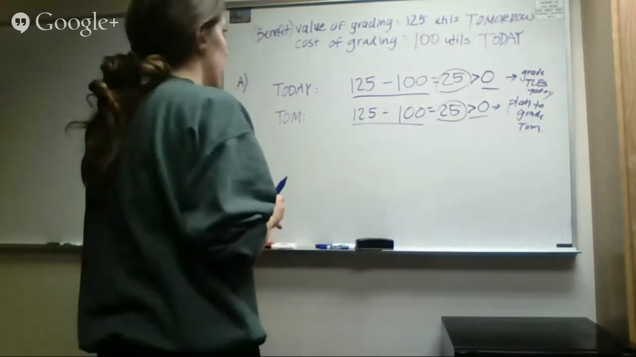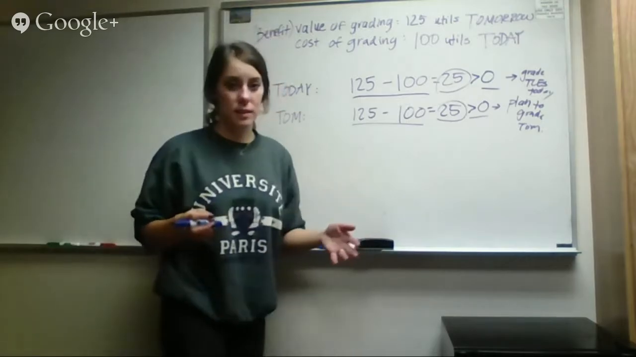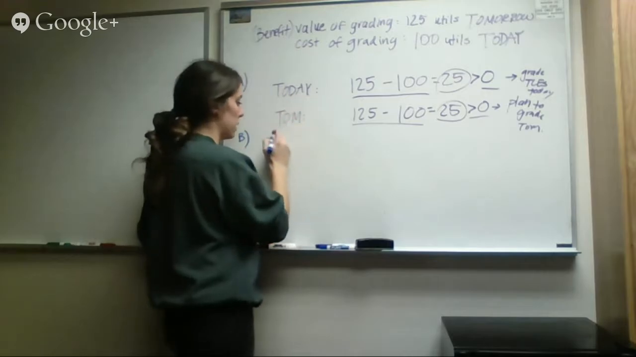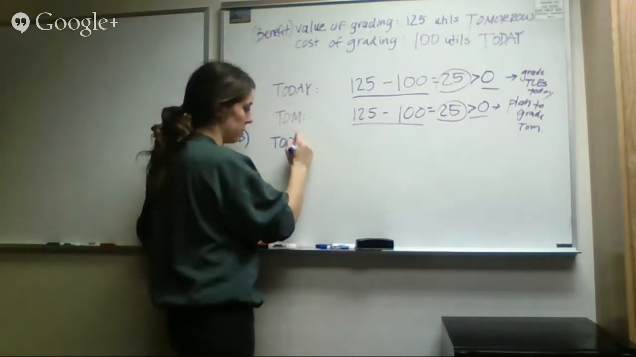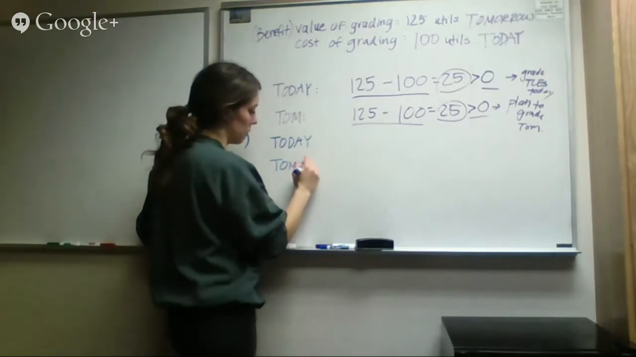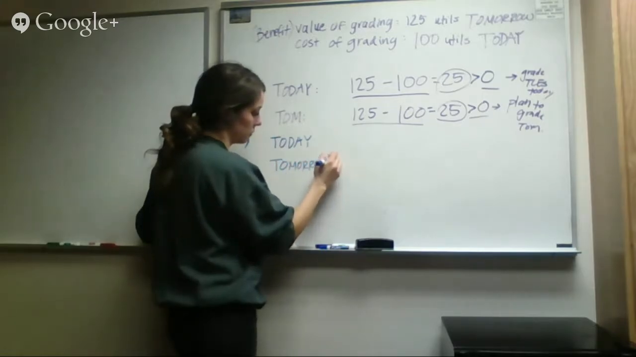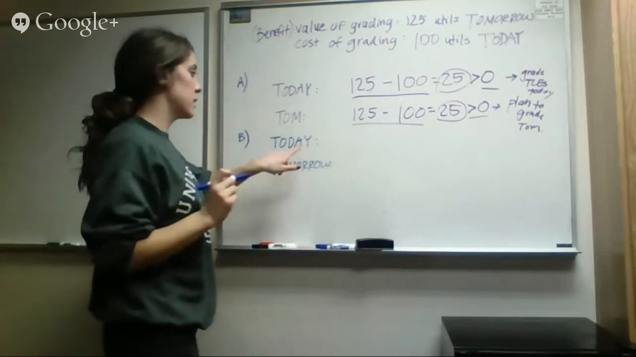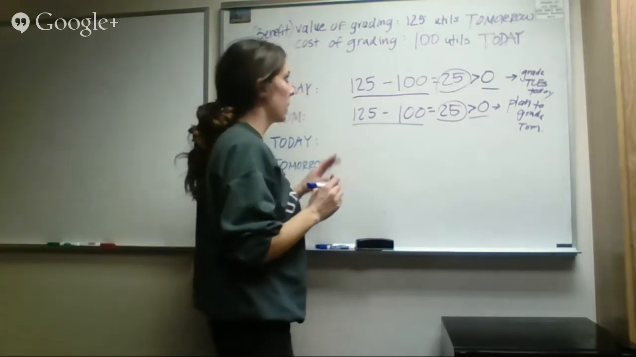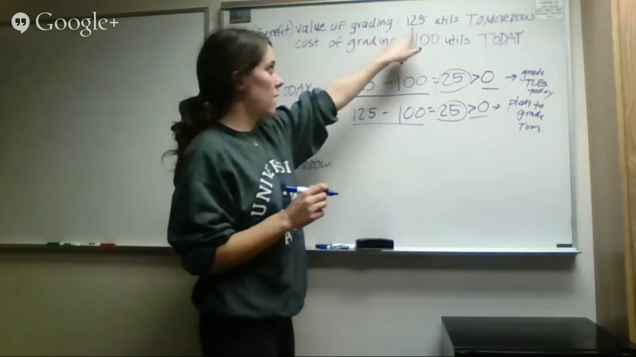So we're looking at things that are happening in the future. So let's do this first equation again, first, how he's going to look at these costs and benefits for today, and then we'll look at it for tomorrow. Okay, so today, he's going to be grading 100,